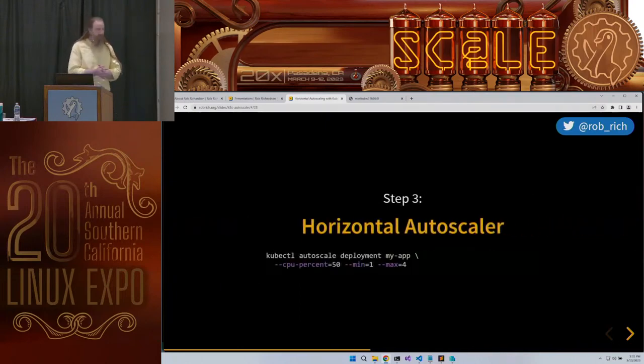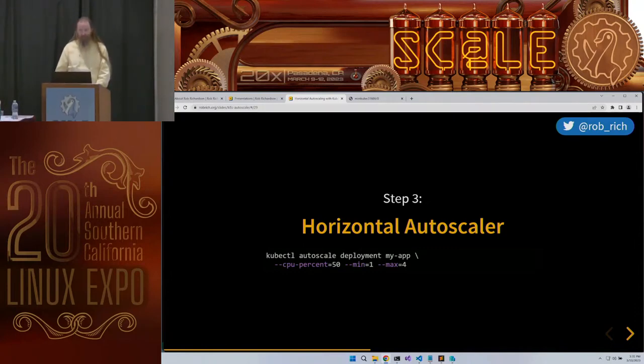So how might we apply a Kubernetes autoscaler? Well, we could just say kubectl autoscale. We'll specify the thing that we want to scale. In this case, it's a deployment. We'll give it the name of the deployment, and we'll give it the limits that we want to check. In this case, CPU percent. I want CPU percent to be 50% of that limit. That's probably a little low. 80 or 90 is probably better in this case. We'll also give it a min and max.